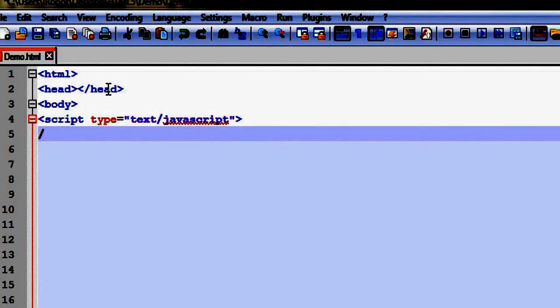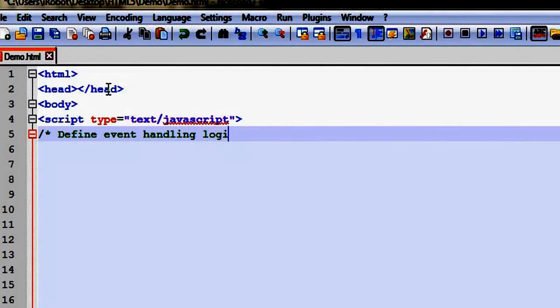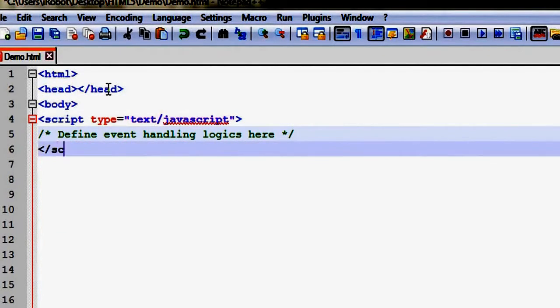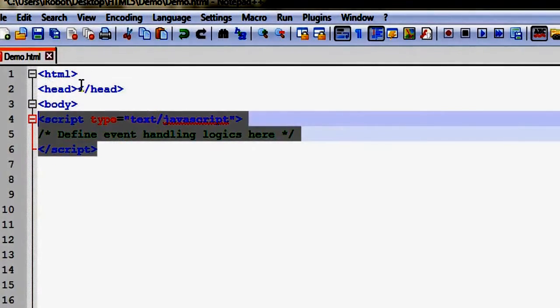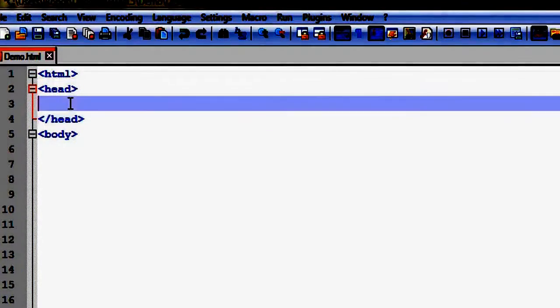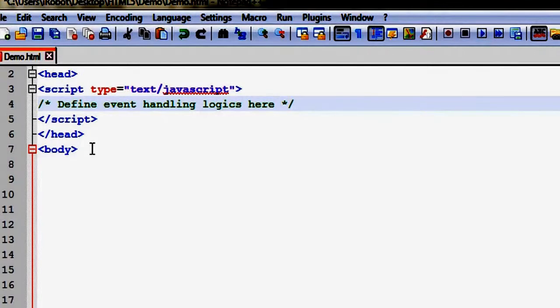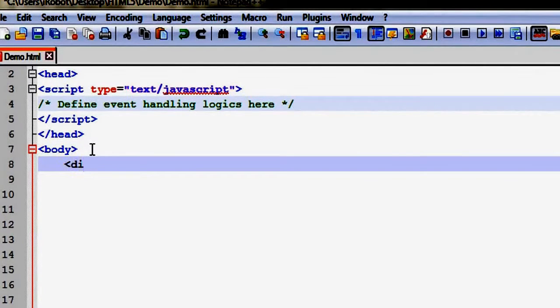Then define event handling logic here. Then we will close this script tag. Sorry, one thing I forgot is that we have to write this script in the head only. So let's paste it here, and then in body we have to create some div, like div id equals to something like